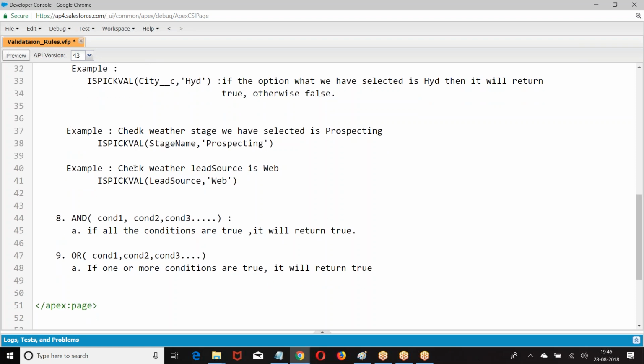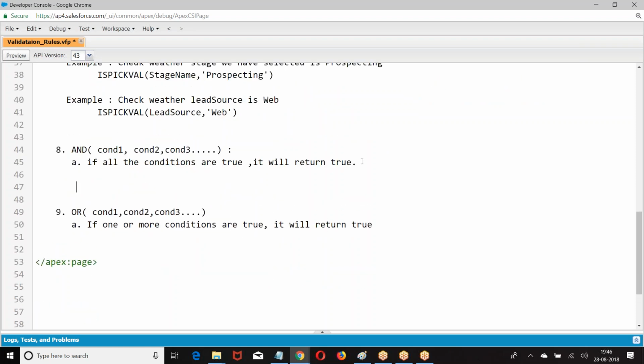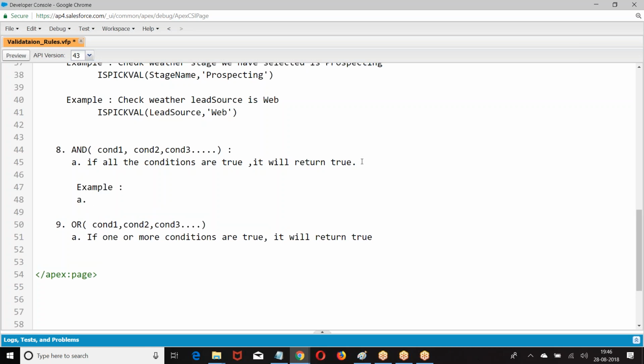So what we have? AND and OR. Here I will take an example. City is Hyderabad and place is Islamabad.